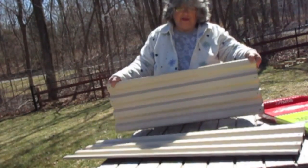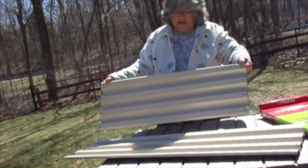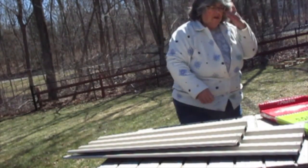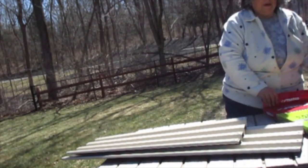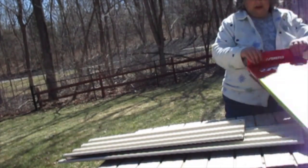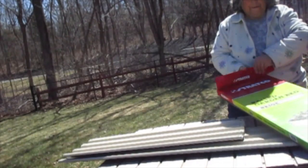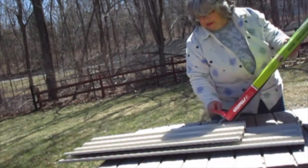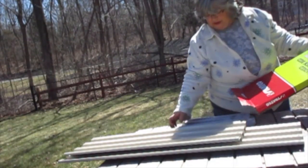So we have two lengths, obviously, the ends and the sides. These are 46 by 35 by 12 inches high. The rest of the parts, so we have